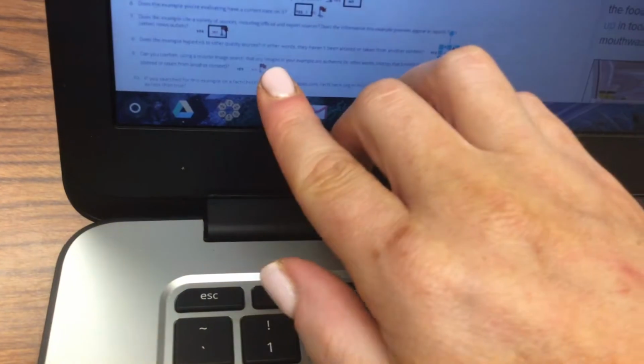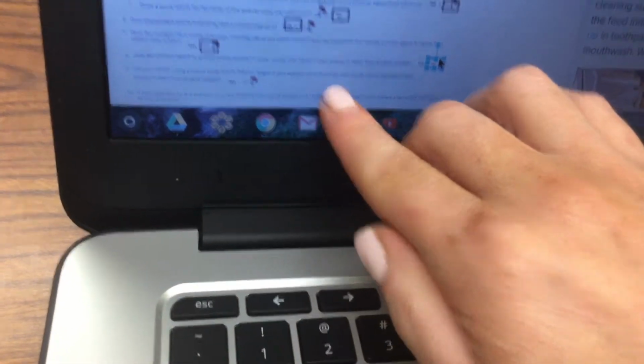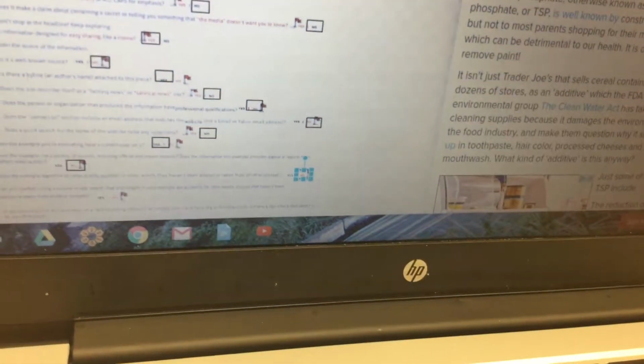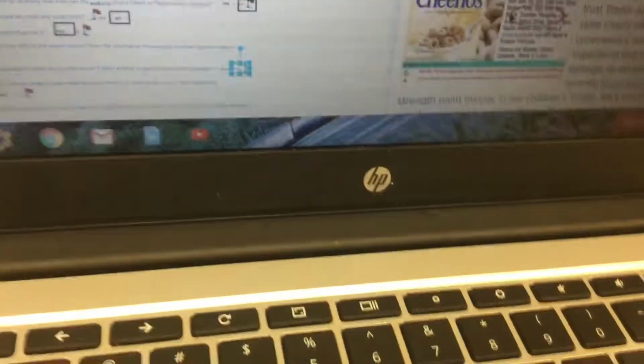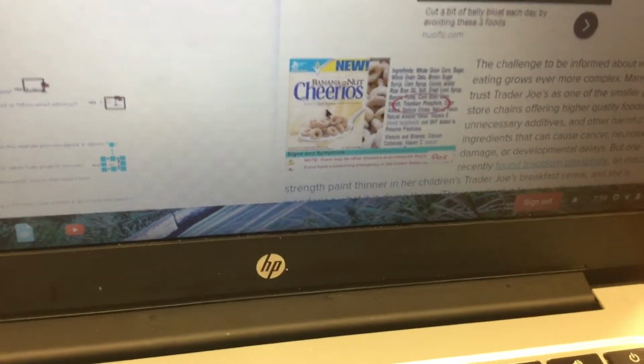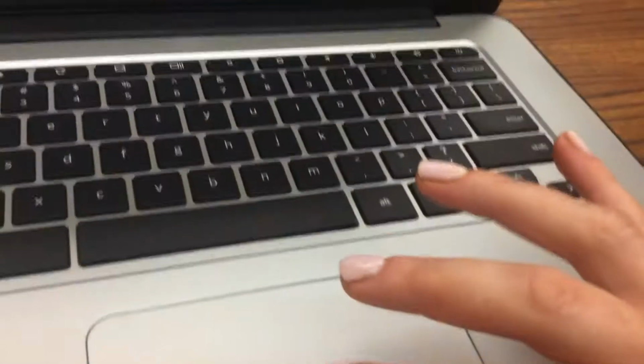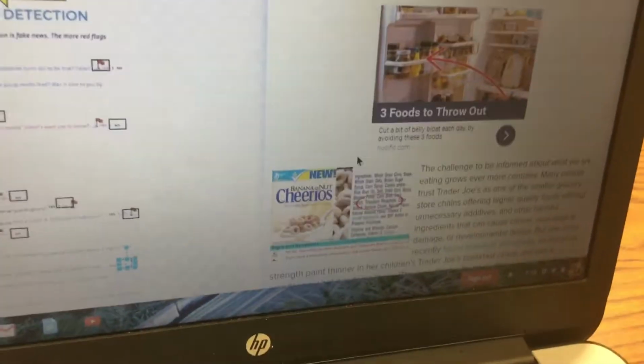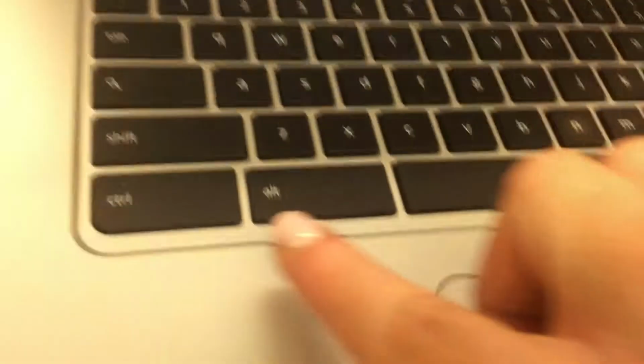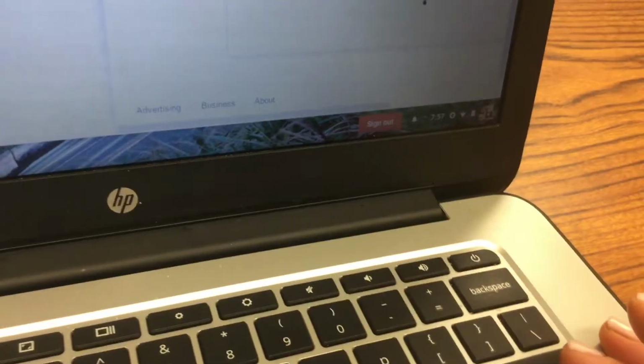Can you confirm using a reverse image search that any images in your example are authentic? So again, what we're going to do is go over to the picture and double click or 2-finger click, copy image address, and click on a new tab. We're going to go back over to images.google.com, and there's the search by image button, the little camera icon. Control V in order to paste, and then hit enter in order to